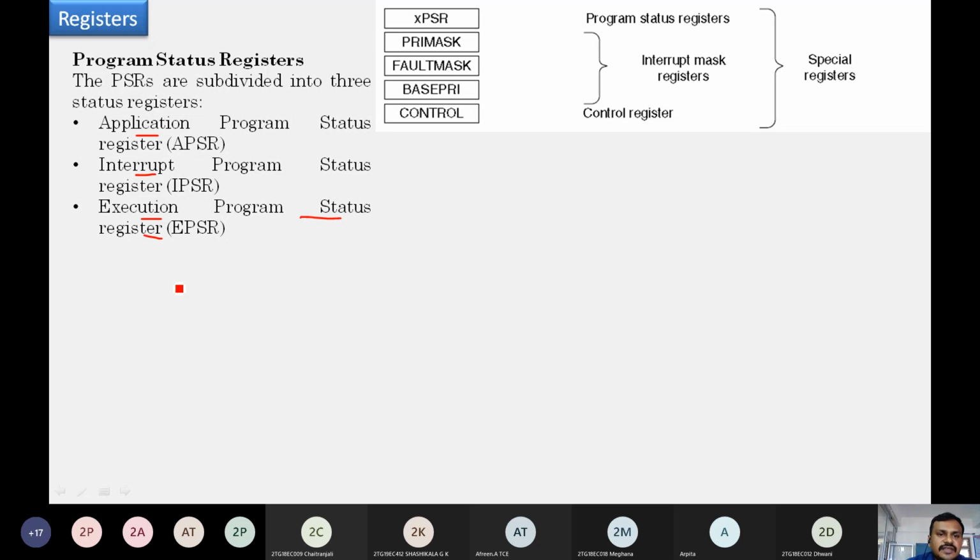It means this xPSR is subdivided into three special program status registers. One register is acting for application, another for interrupt, another for execution.